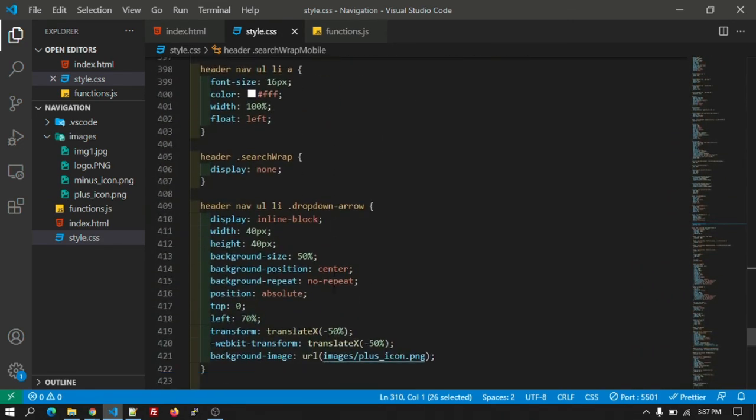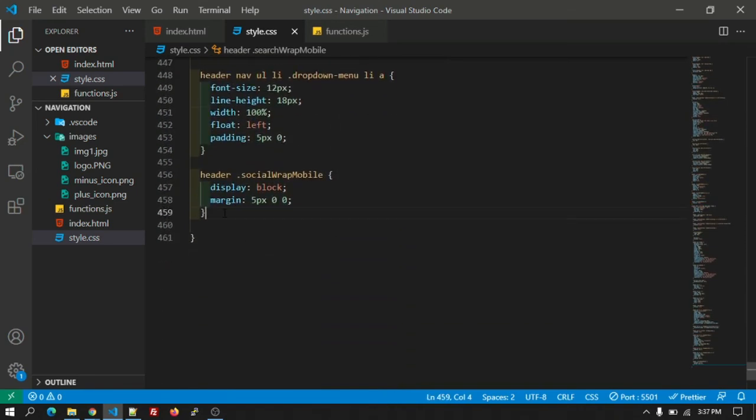Okay, let's copy the same, and in the mobile we need to write the CSS.